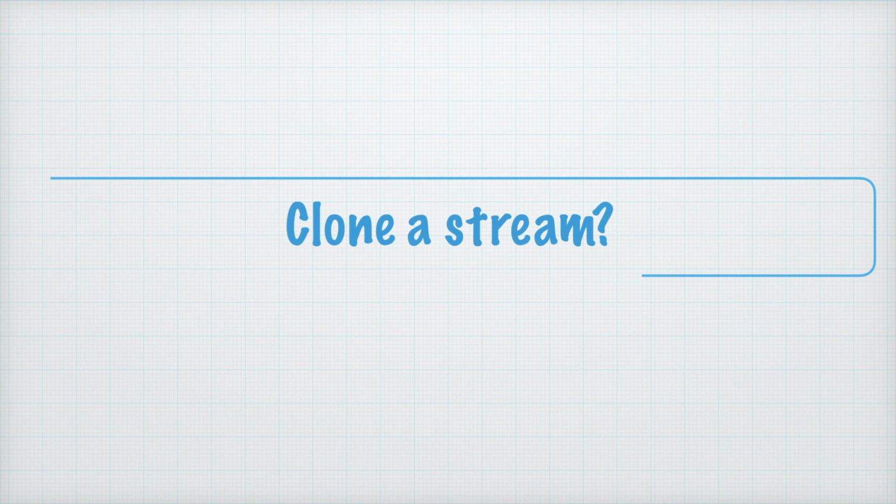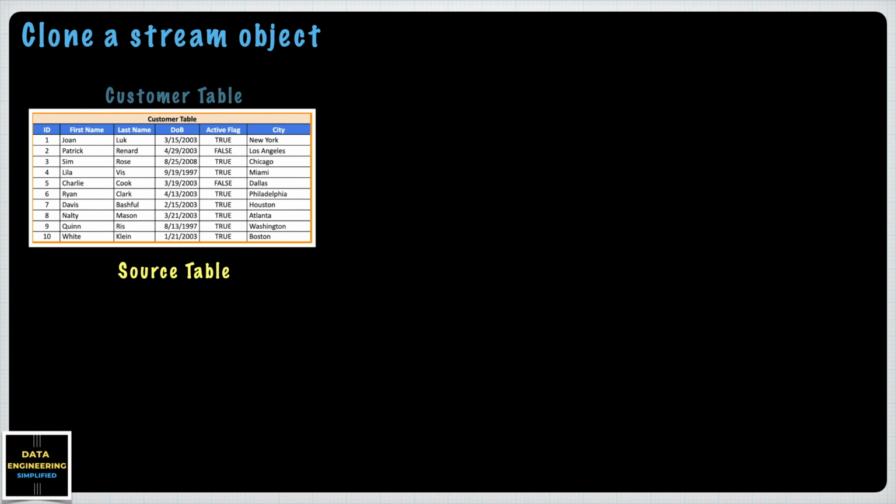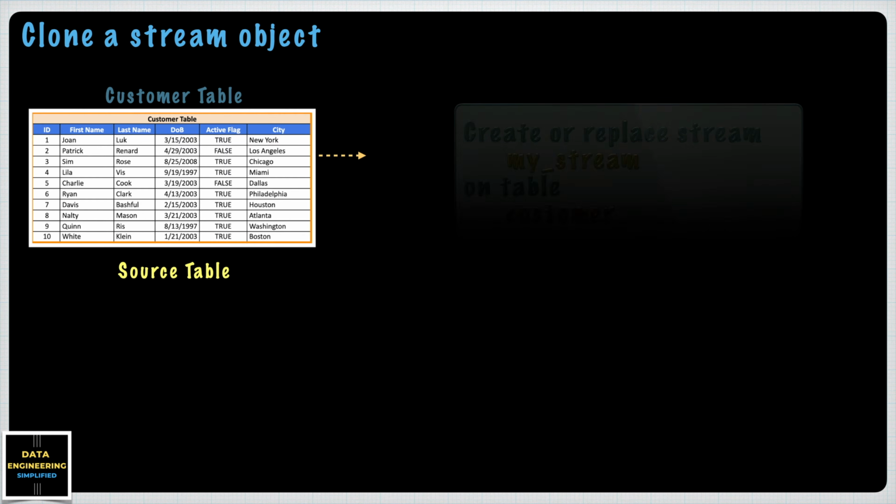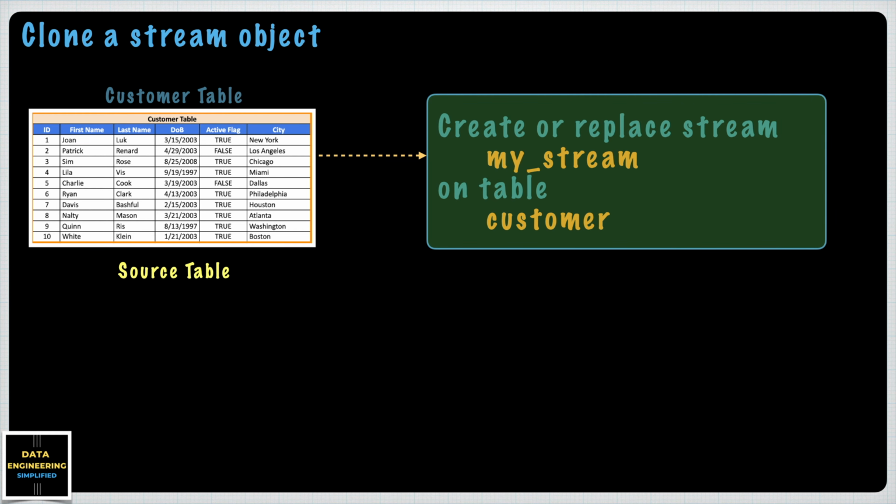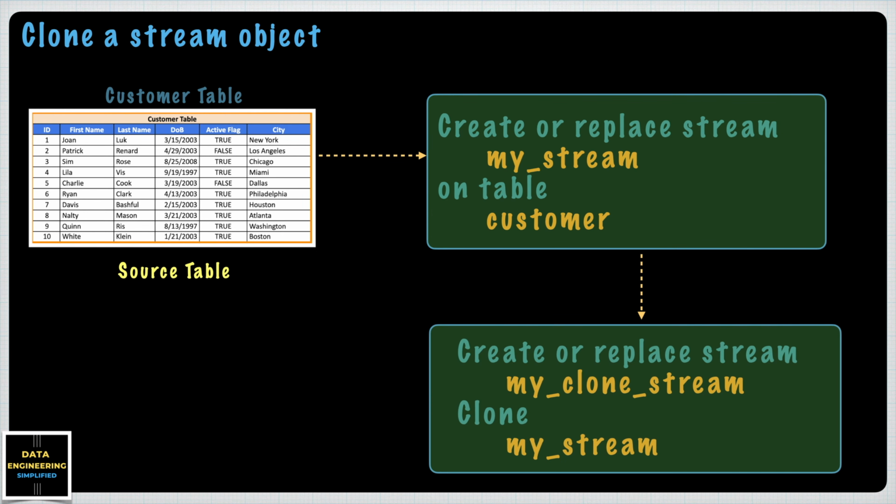Can a stream be cloned? Let's understand this concept too. Yes, clone is possible for stream objects. We have a customer table and we created a stream called myStream. Now, if we have to clone this stream, we can use the clone keyword and create a new stream called myCloneStream. This stream will start tracking the CDC on the customer table from the time of creation. Once the clone is created, you can alter it or change other parameters. Both these stream objects are independent of each other, and the clone object will start referring to the source table